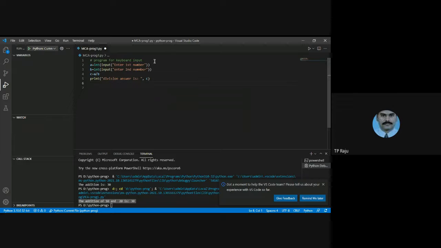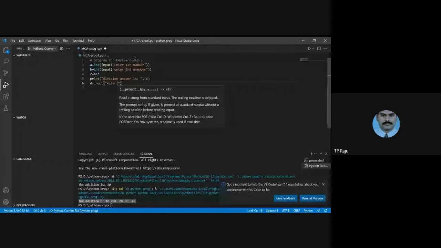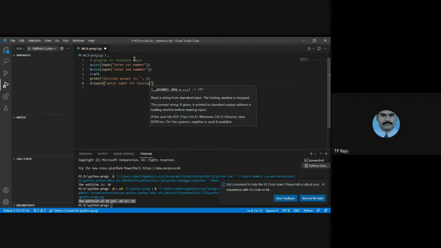Okay, input is the function. By using the input function, we are able to do the keyboard input. But the input function gives data in string form. Enter number, testing.